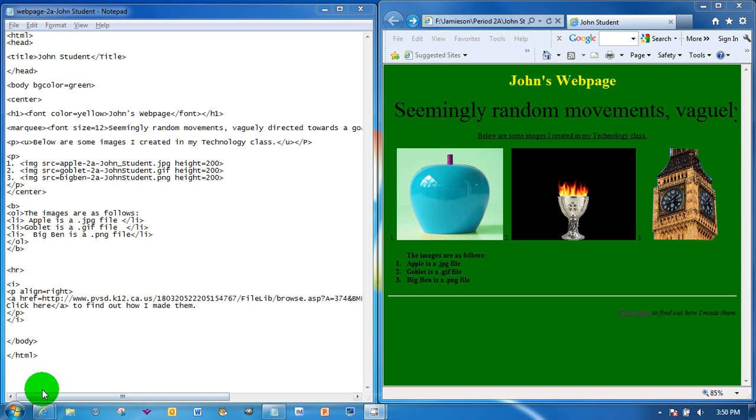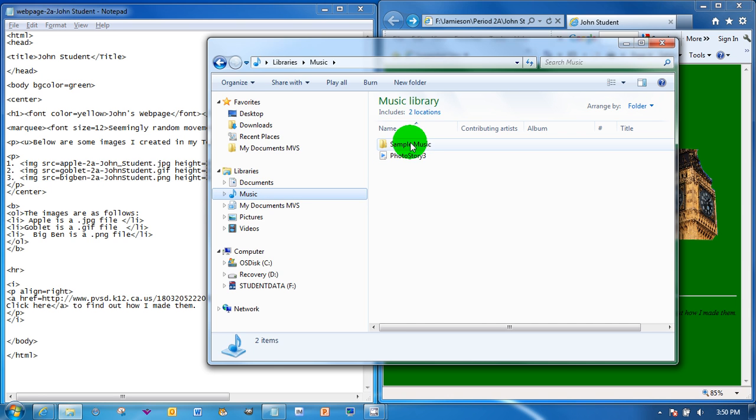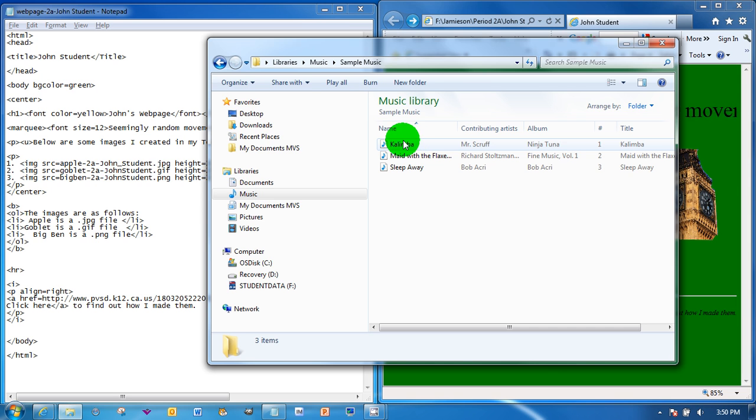First thing you need to do is put the music into your folder. Now, if you don't put the music into your folder, then the web page doesn't know where to look for it unless you link it to where it is, and I'll show you what I mean by that. So if we go to the music file, you can go to sample music. If you want to bring your own music and rip it and put it into your folder, that's fine. But in order for this to work,